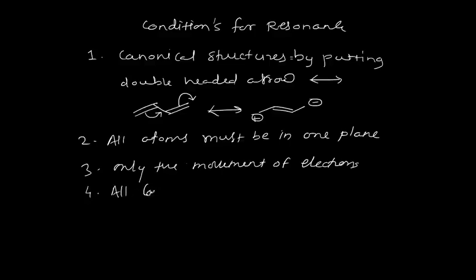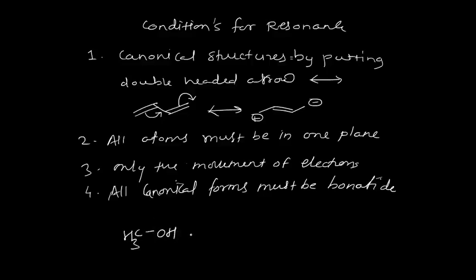All canonical forms must be bona fide. That means carbon must have four bonds, nitrogen must have three bonds, and oxygen two bonds. So when you are writing resonating structures, your carbon should have four bonds, nitrogen three bonds, and oxygen two bonds. When you are writing less than that or more than that, at that time you need to put some charges on them. For example, if you have